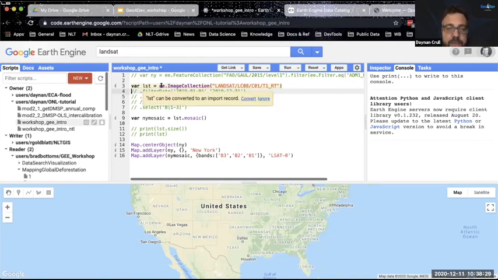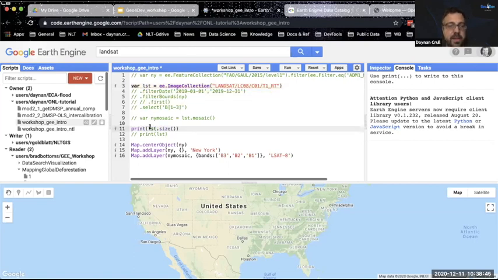So this is a bunch of images. How many images is it? Let's find out. We're saving this as a variable, a concept we'll deal with in this workshop. You're taking some operation and saving the result as something that you can access later. There is a method called size that is attached to an image collection, and it tells you the count of images in that collection. That's all that we're doing.